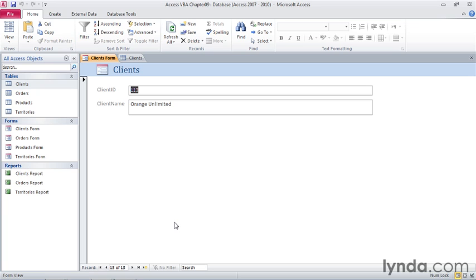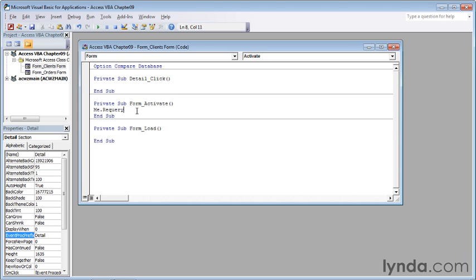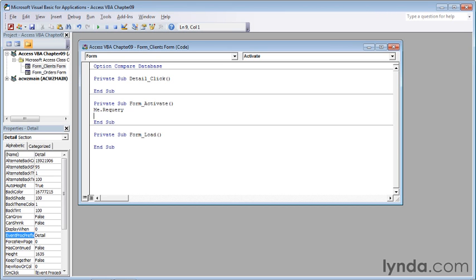The other method I'm going to show you, I can't actually demonstrate because I couldn't generate an error that would cause it to be useful. So I'm going to right-click the Client's Form tab in the Database Object window and click Design View. And then with the form in Design View, I'll press Alt F11 to move over to the code module. Now in the same Form Activate event, I'm going to press Enter and I'm going to type in the code